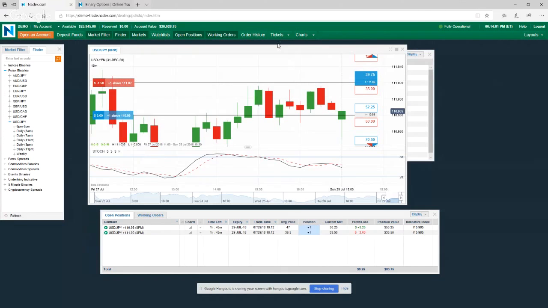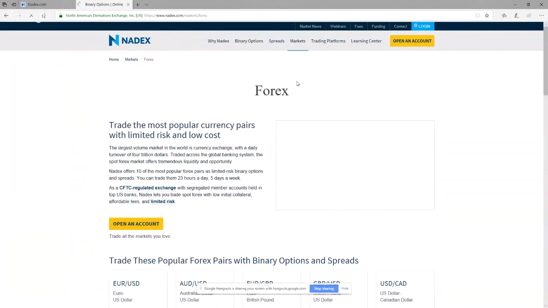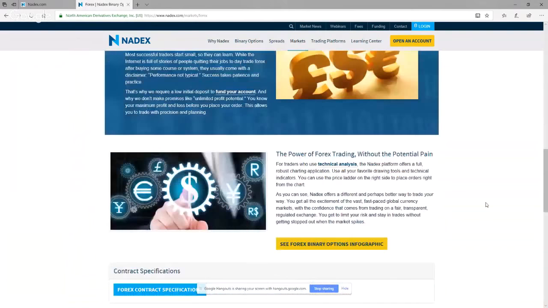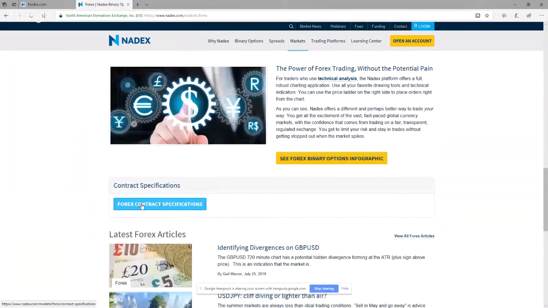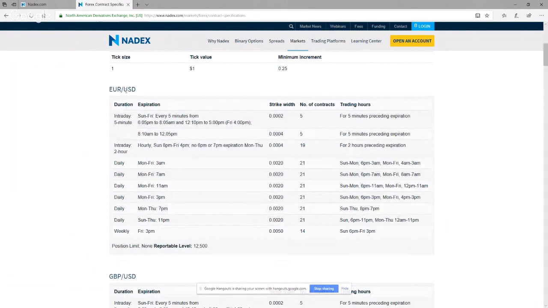Okay. If you go to the nadex.com website and you go to markets and you go to Forex, if you scroll down, you will get to Forex contract specifications. Now, you're the trader here. So it's up to you to actually identify all of the behind the scenes on these binaries. Okay. Nadex provides you the information, but you have to read it. Okay. So if you go to Forex contract specifications and you come down to the Euro US dollar,